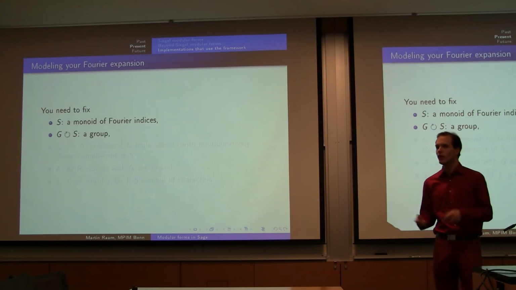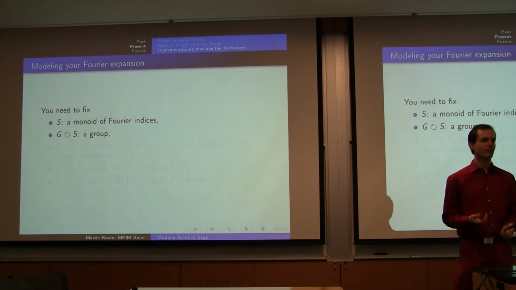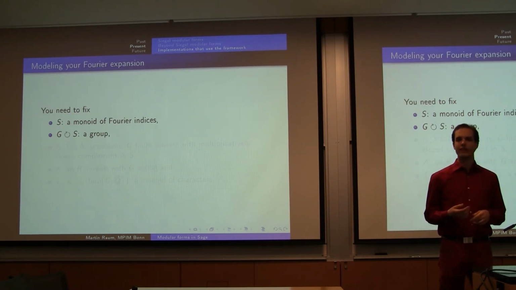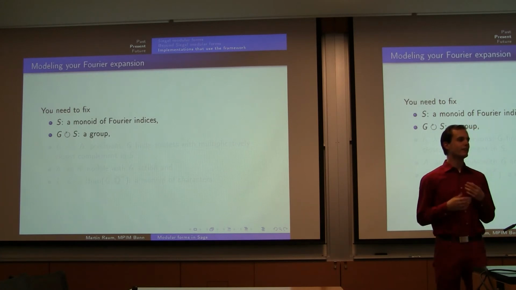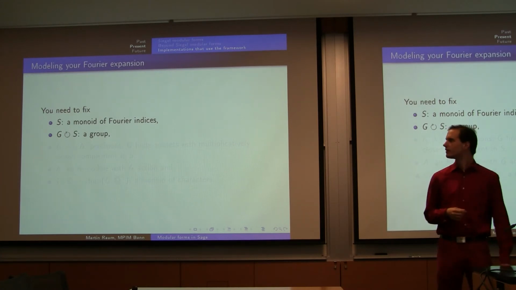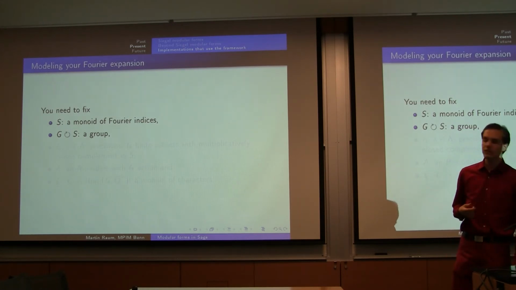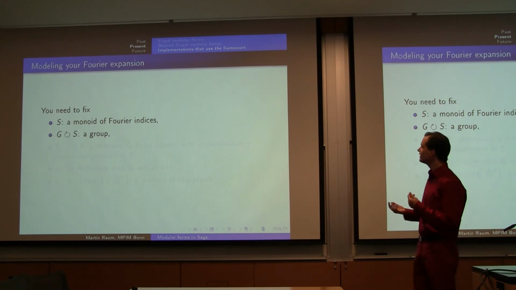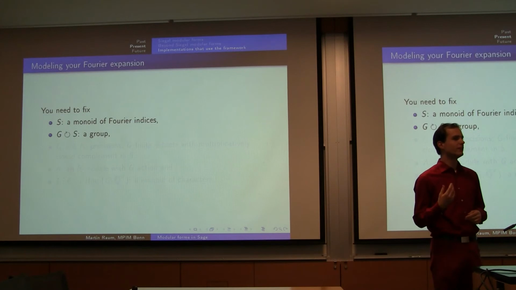So what I want to tell you is how easy it is to implement those Fourier expansions, and that's mainly why I've written that piece of code, because I wanted people to be able to provide Siegel modular forms and whatever they have in as easy a way as possible, because we will not only need to implement Siegel modular forms, but many, many other forms. So we want to have a monoid of Fourier indices that's typically square, integral, or even matrices,